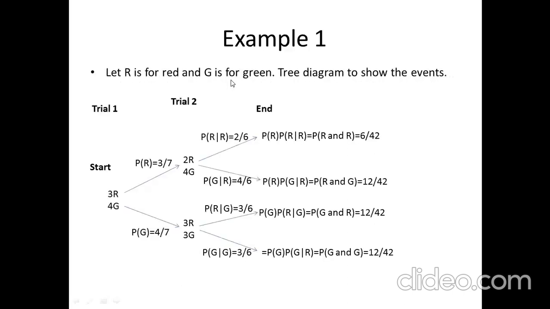In order to understand this data, we make a probability tree diagram, and in this tree diagram, capital R is for the red, capital G is for the green. So we can see that it is a sequential experiment, as mentioned in the question that first a ball is drawn, and then without replacing, a second ball is drawn. Sequential random experiments are of two types: either dependent or independent.